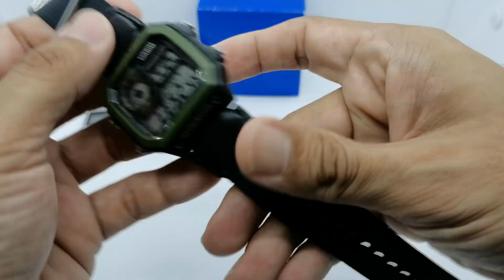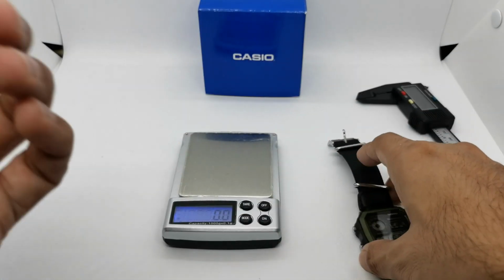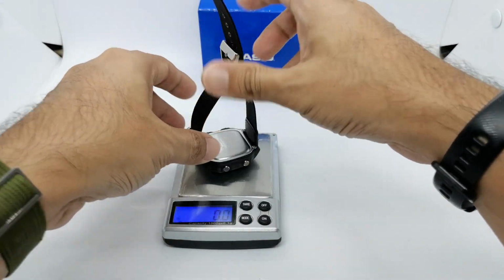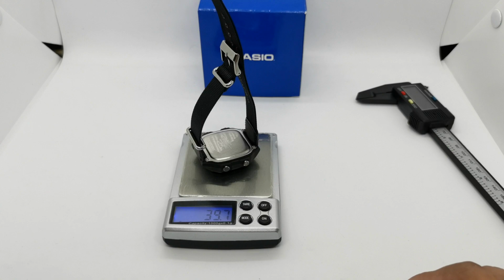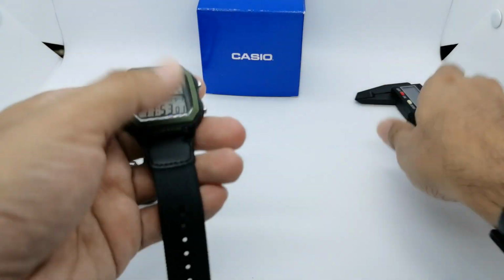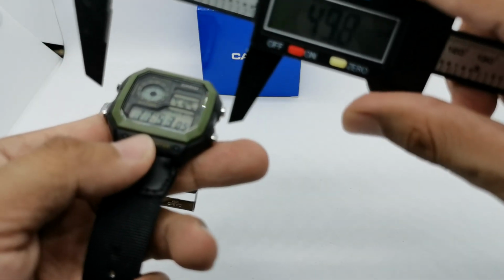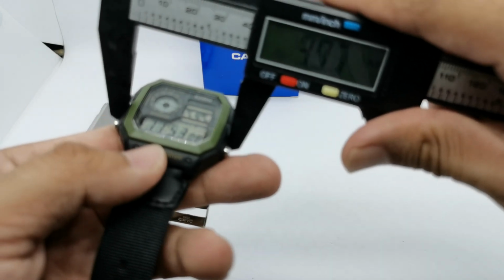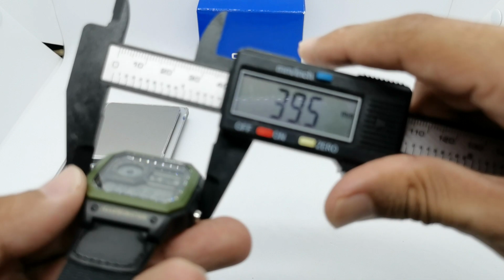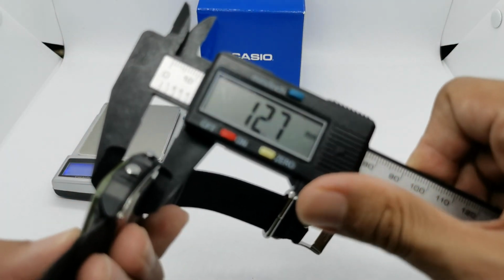So I quickly pulled the trigger, and boom, I think I'm in love with this green thing, right? So let's do some dimensions. The Casio AE1200 is normally a very lightweight watch. On this pin configuration, it weighs just under 40 grams, very light. Let's check out the dimensions. Sorry guys, I'm a left-hander, but using the caliper in my right hand, so it is going to look a bit weird. The diameter is 39.5. The thickness is 12.7 millimeters, very thin,